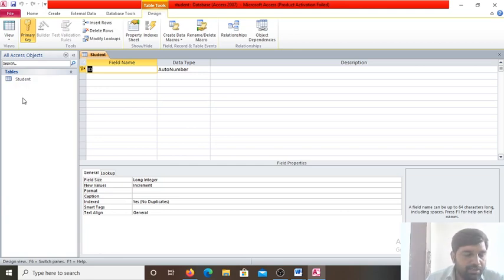So the first field in the student table is the roll number, as you can see on page number 36, that we are going to design. So what will I write? The roll number. Okay, roll number. Now the data type is AutoNumber here, meaning automatically it will take the roll number 1, 2, 3, 4. So change this data type. Press the tab key, we'll move to the next.